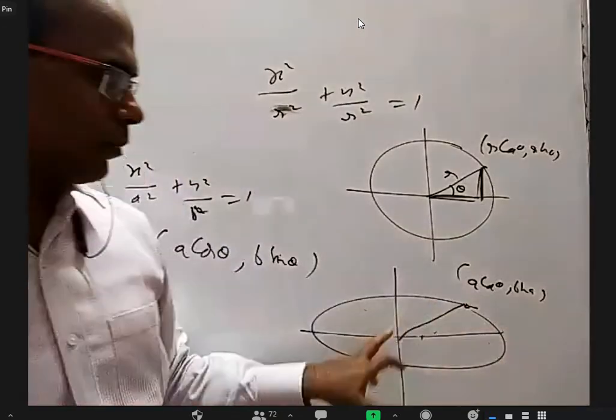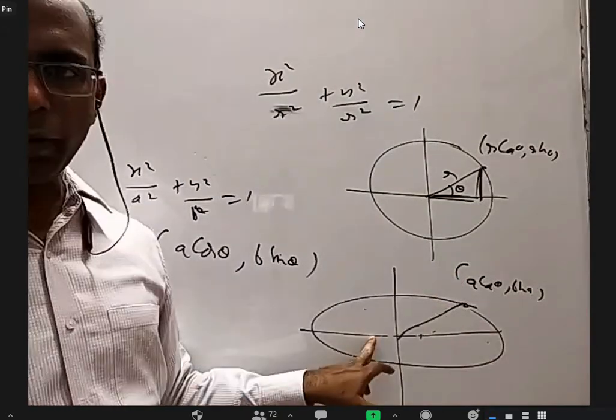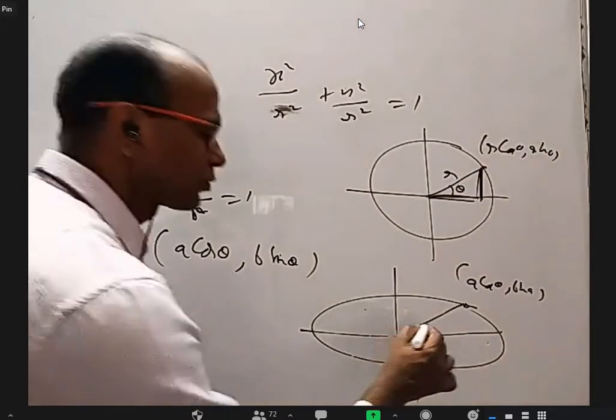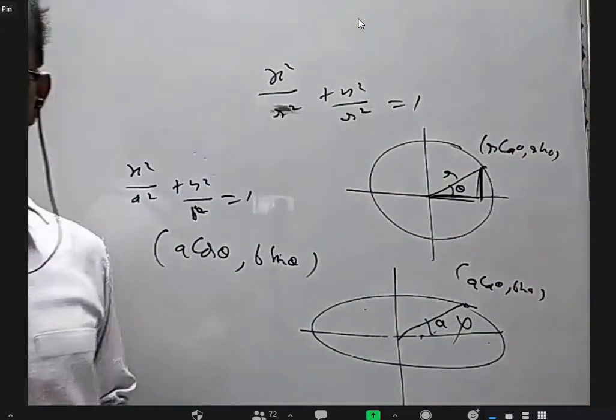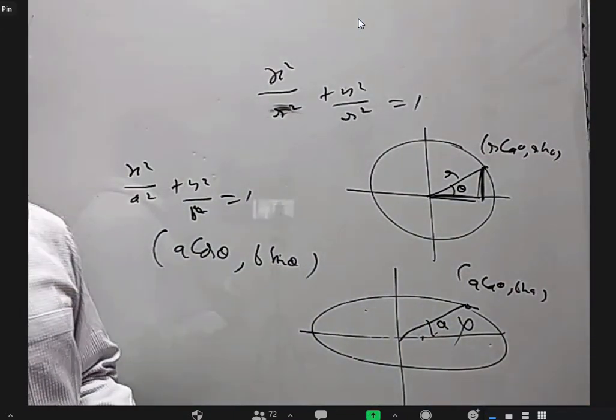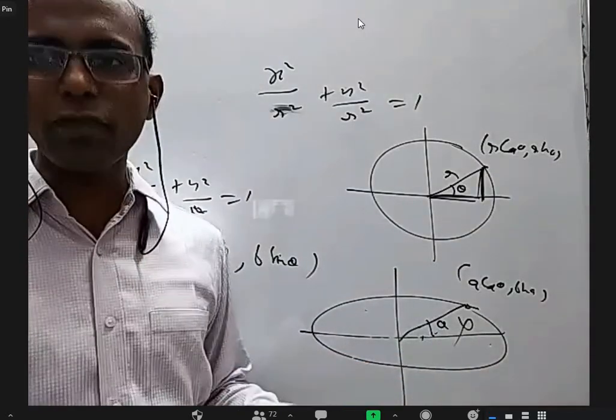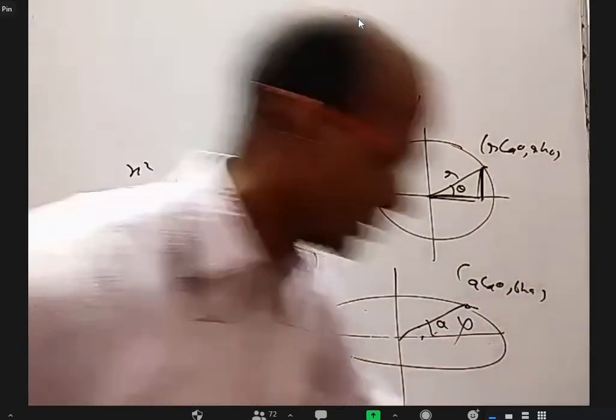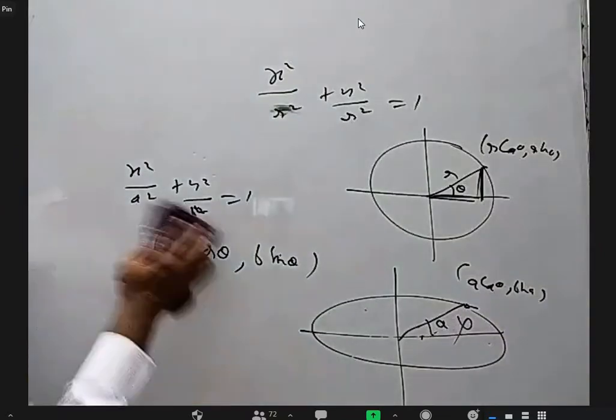The slope is b sin theta minus 0 by a cos theta minus 0. It is not tan theta. It is b by a tan theta. So if somebody says this angle is theta, it is wrong, right? Okay. Then one may say this is not theta. I'll agree. What is theta then? Somebody may ask. Okay, so I want to tell that.